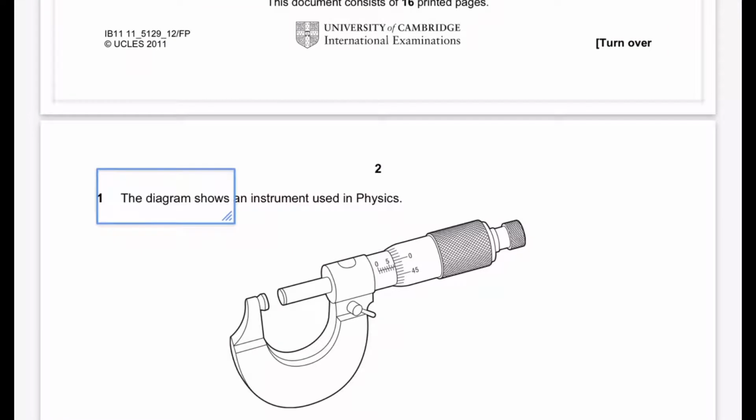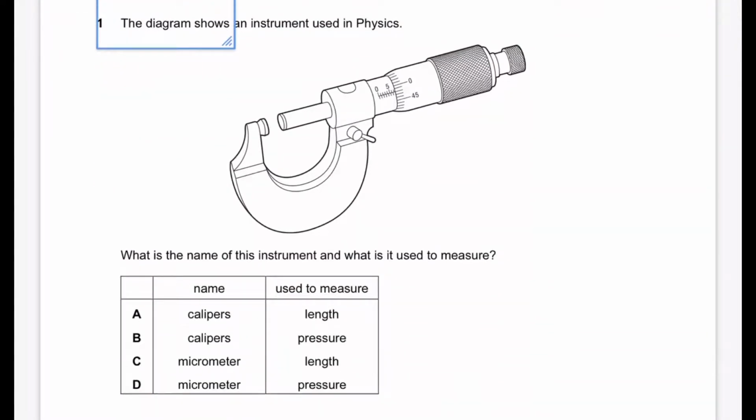On to question 1. The diagram shows an instrument used in physics. Here's the diagram. What is the name of this instrument and what is it used to measure? Here are the options. Now, we can recognize from the diagram that this instrument is a micrometer, not a